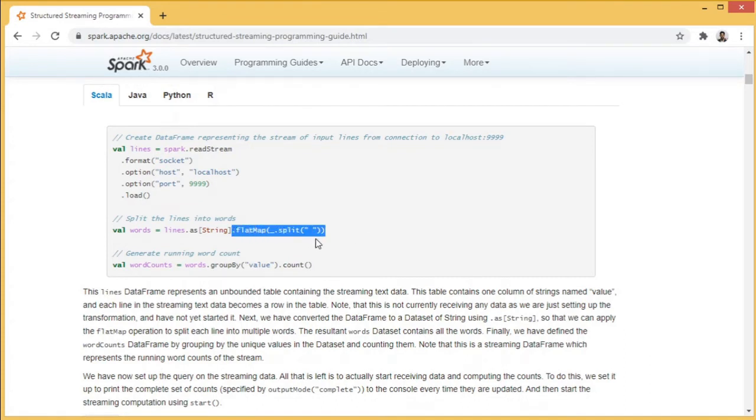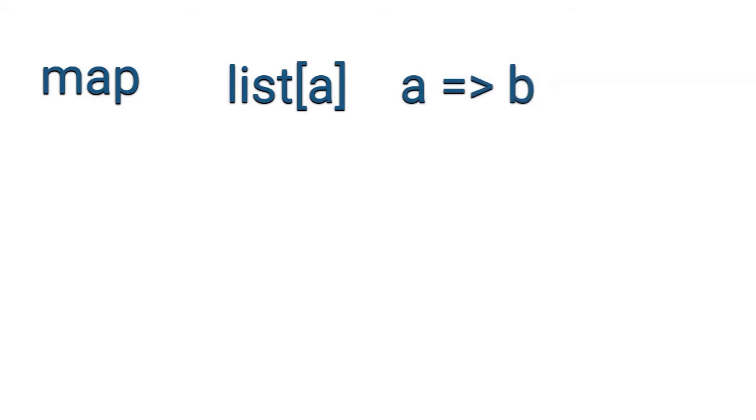What does this do? So before going into flat map, let's look at map. Map is a function that we can apply to a list of A, and we can pass in a function that maps A to B, and we'll get output a list of B. So what I mean by here is, it can be clearer with an example. So if I take a function that is +1, it will map an int to an int. Here A and B can be the same thing.